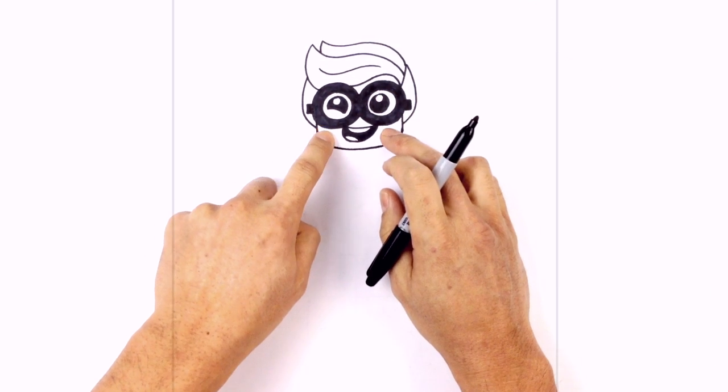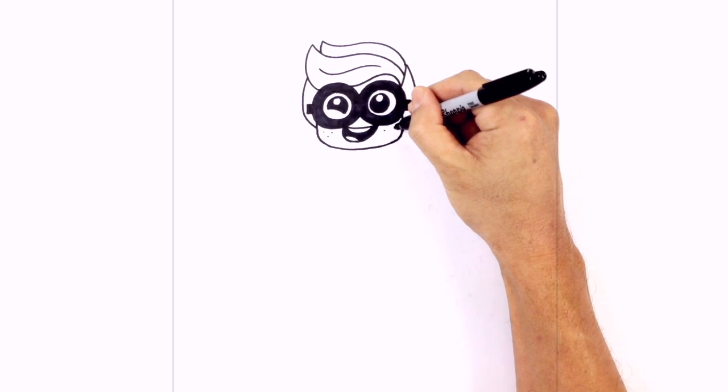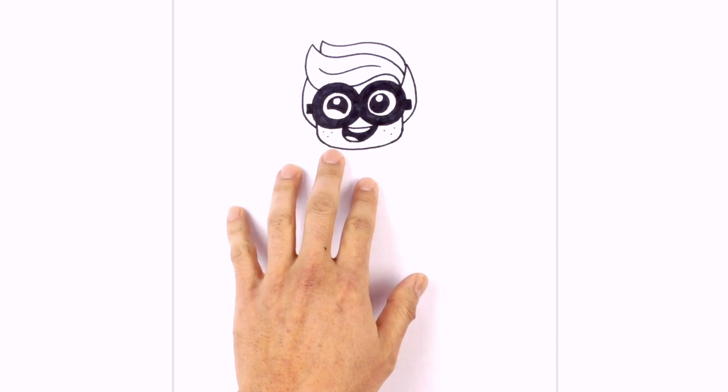Let's add a couple freckles on either side. So right here I'm just going to draw 3 little dots. On the right, I'll do the same thing. Now that we have the head in place, let's work our way down the